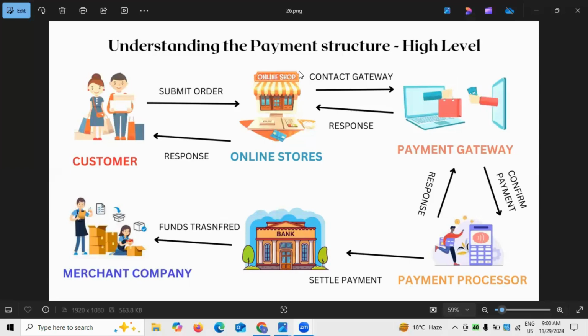RTGS means you have to go to the bank, fill in the RTGS form, and pay the money. For example, you want to pay your home loan and you have some 10 lakhs. Simply go to your home branch, write the RTGS form, and write down your home loan account number there. Automatically, the money will be transferred to your home loan account. Am I right, Abhinav? Clear or not? Yes, you're right.